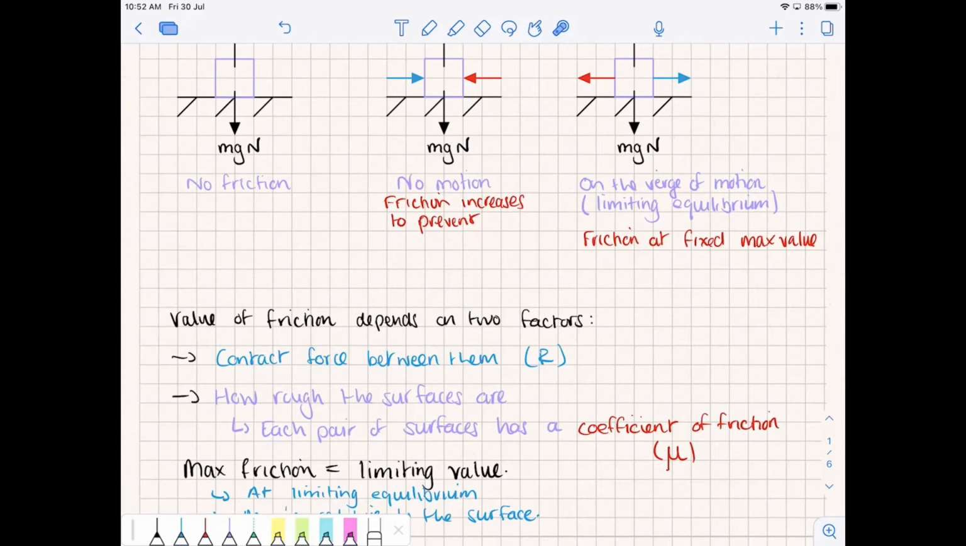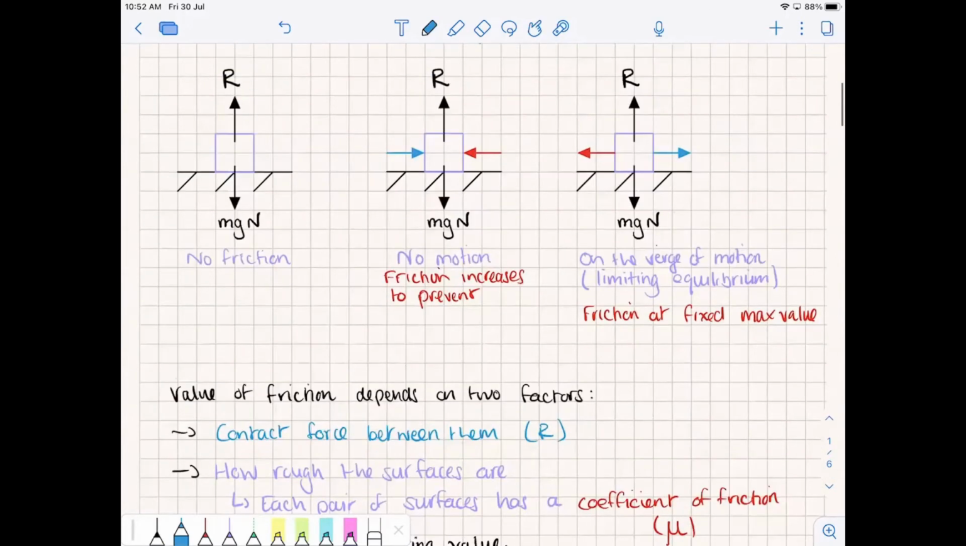Right, so to give ourselves some formula, we've spoken about this middle object, this middle box, or this middle scenario here. And we said, as we are applying a greater force on the object, the friction force is increasing. Okay? But the friction force